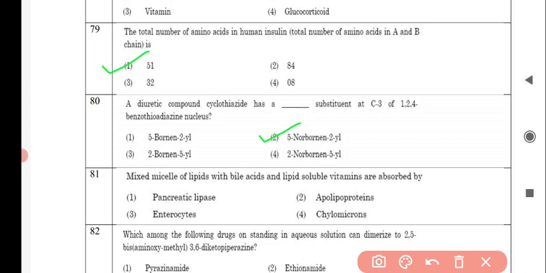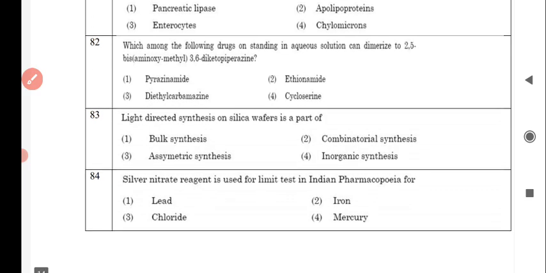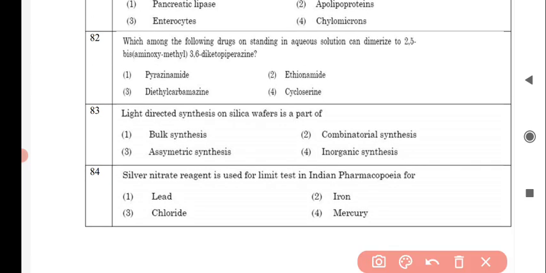Next question is mixed mixture of lipids with bile acids and lipid soluble vitamins are absorbed by, and the correct answer is option number 3, enterocytes. Next question is which among the following drugs on standing in aqueous solution can dimerize to 2,5-bis-aminoxymethyl-3,6-diketopiperazine, and the correct answer is